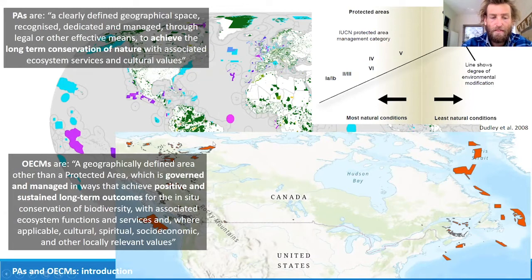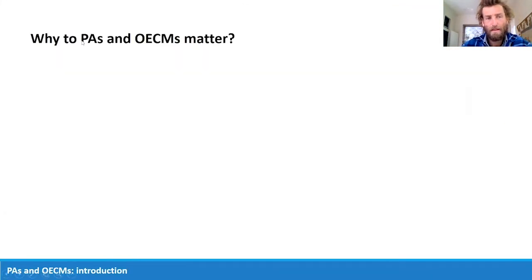That's all I wanted to say for this introduction, except I will touch on why they actually matter. I guess really broadly, they are a very intuitive, tangible, and usually quite permanent conservation intervention. I say intuitive because you can ask a 5-year-old how you save a species, and they'll probably say look after the home. Having an area set aside for a species is a very intuitive way, and you can draw it on a map, you can measure it, you can quantify it. That's what I mean by intuitive and tangible.